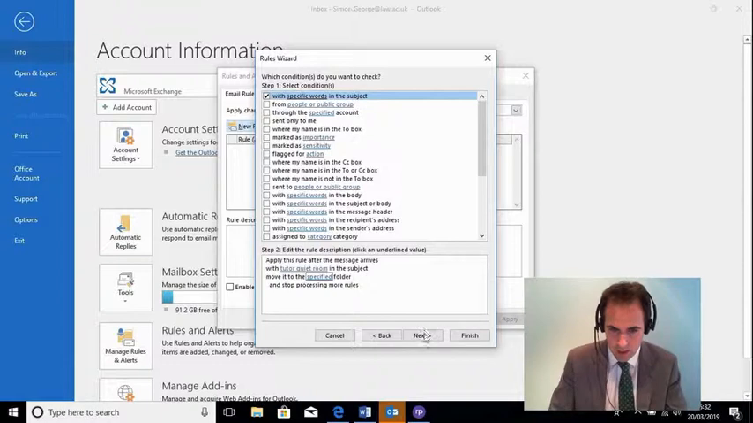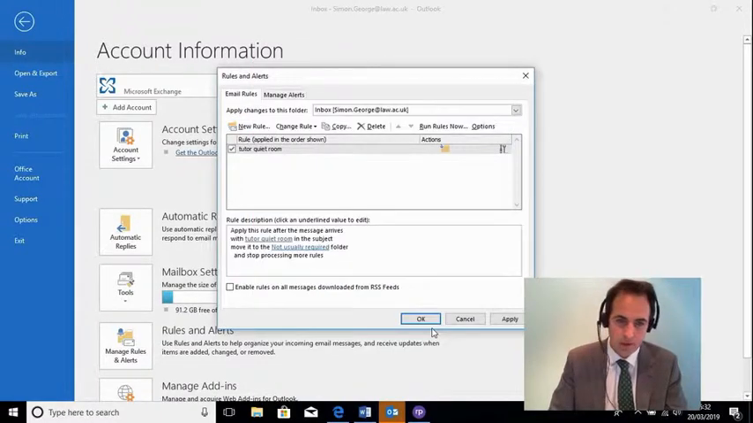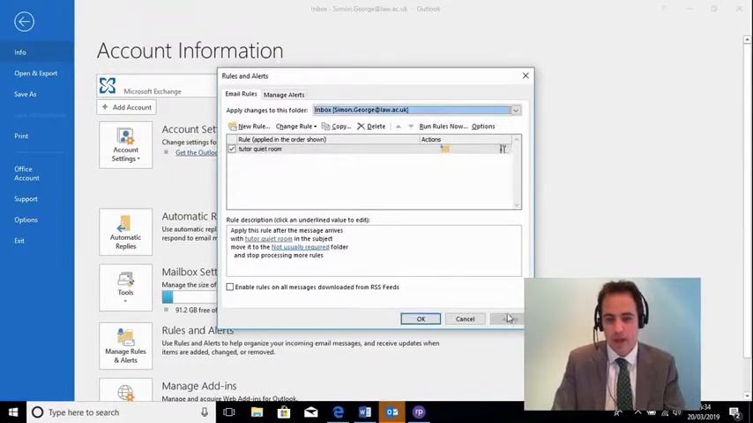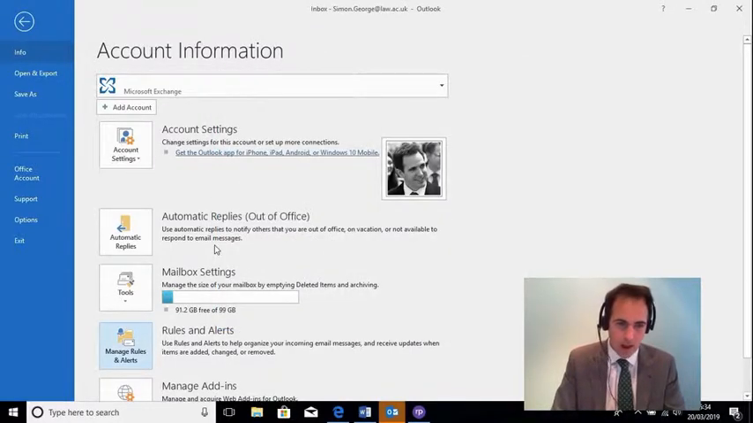And then we are going to hit Finish. And now we have our rule. We can choose whether to apply it or not, but here we have apply this rule after the message arrives. Anything with tutor quiet room in the subject, move it to the not usually required folder and stop processing more rules. So that sounds good. We will apply that particular rule. And now it's been applied, all we have to do is click the OK box